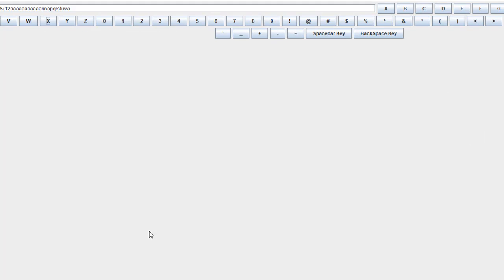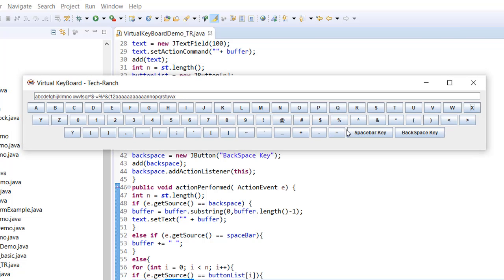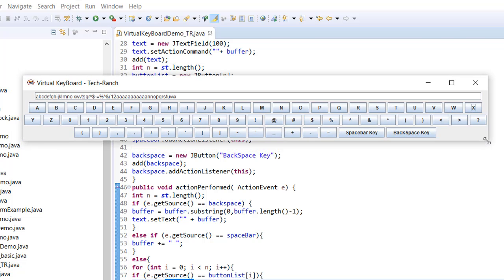You can expand, so you see the space will be actually defined by the frame. So this is for the full size, so resizable, and you can use the backspace, you can use the space bar, you can use your all characters. All you can include here in this is a shift key. So this is what the demonstration of virtual keyboard implemented using Swing Graphical User